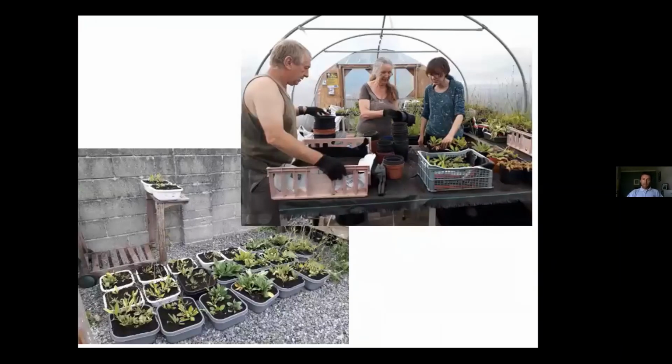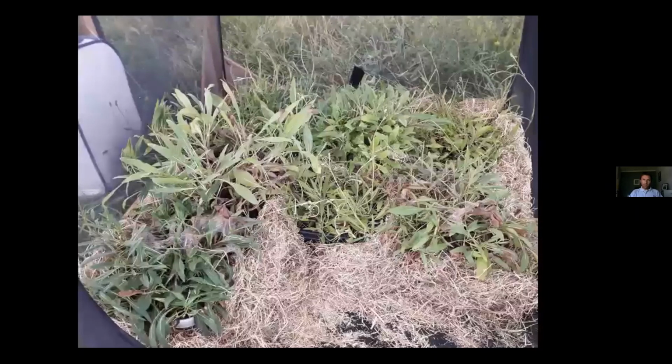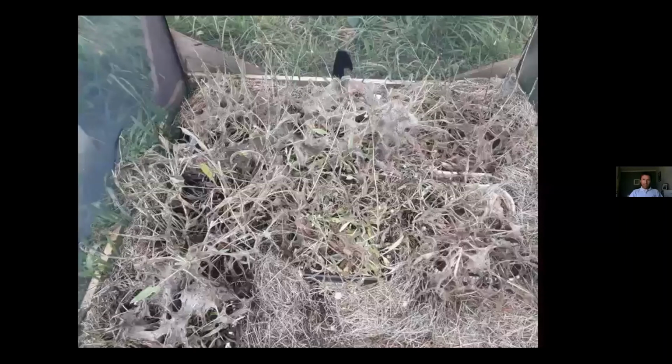So this is one of the pens with some webs starting to develop. You can just see on the bottom left there, a web developing in the tub on the scabious there. And we stuffed lots of hay around the tubs for them to sort of retreat into if necessary. And then we kept an eye and tried to keep account of how many larval webs we were getting. But that has become increasingly difficult as the weeks have gone on. And this was the sight in one of the pens yesterday. As you can see, there's very little scabious left in there. There is some hidden under the webs, which you can't quite see, but we're having to buy new pens on a fairly regular basis and move the caterpillars in between them to ensure that they don't starve before their release,